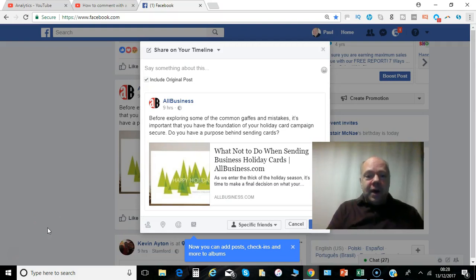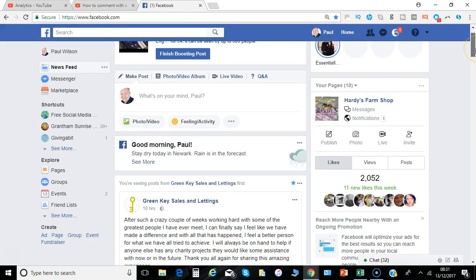Now, when it comes to a post that you want to share on Facebook, you've got a lot of options. You can share it to your own timeline, share it to pages, share it to groups. Here's how it's done. Okay, so logged into Facebook, click on your news feed, and as we scroll through, let's